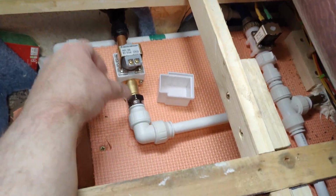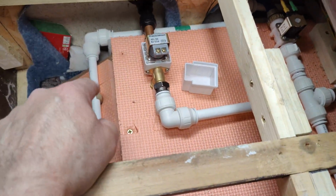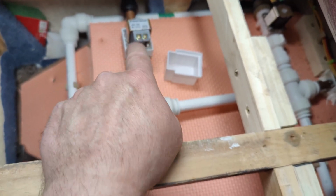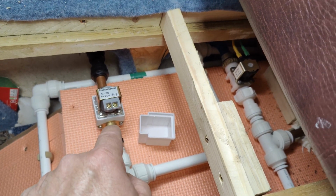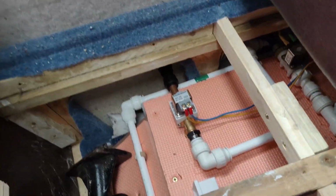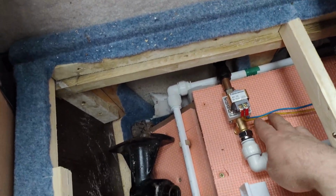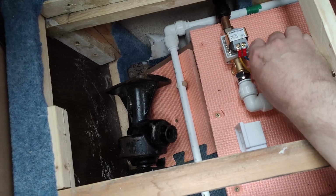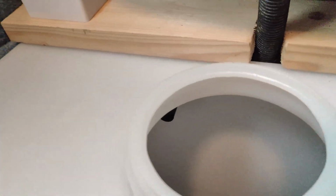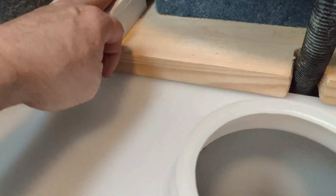All in there now, so all I've got to do now is wire this to a switch which goes to that float in the tank as well, so it's like a double cut off. Right, we'll need to get the wires in now. I got that all wired up. That one's just going to power, and this one's going to the float. Goes to the float in there, and then the wire comes from the back into the switch,